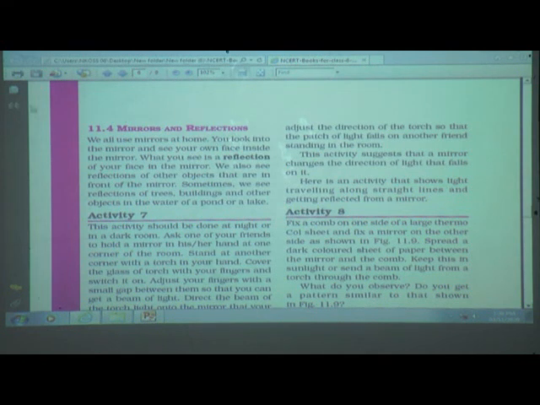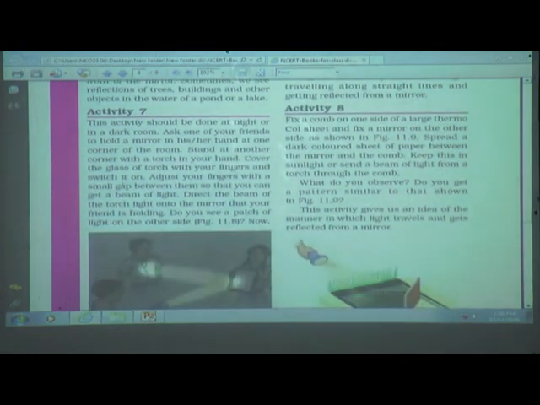Now students, activity 7. This activity should be done at night or in a dark room, so I am unable to show you here. That's why you can do it at night or in a dark room. Ask one of your friends to hold a mirror in his or her hand at one corner of the room.